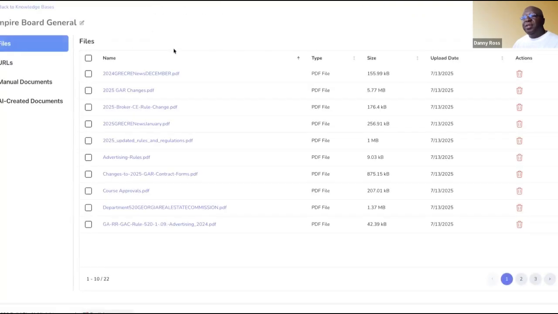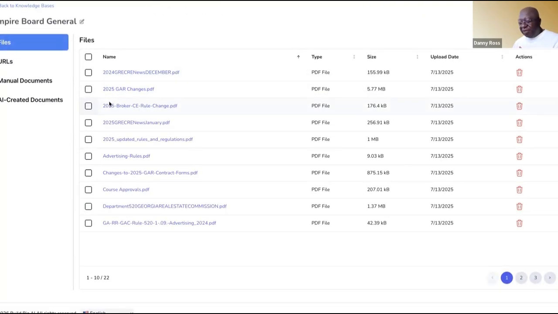Okay, so this one is the Empire one. A knowledge base can be that one PDF that I just created for Digital Express, but it can also be tons of things that you have done in the past. So it can be files, so you can upload all kinds of files. Here's some updated rules and regulations, all your standard operating procedures for your business, all the contract forms and things like that that you want to train the AI about.